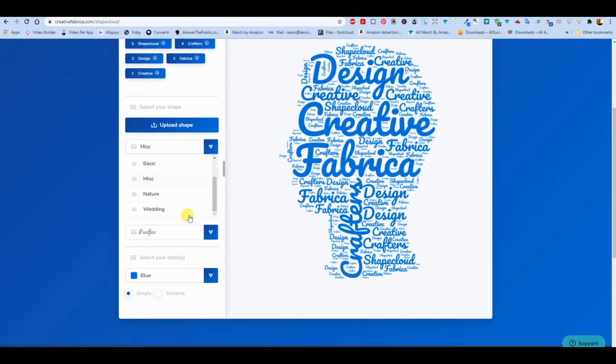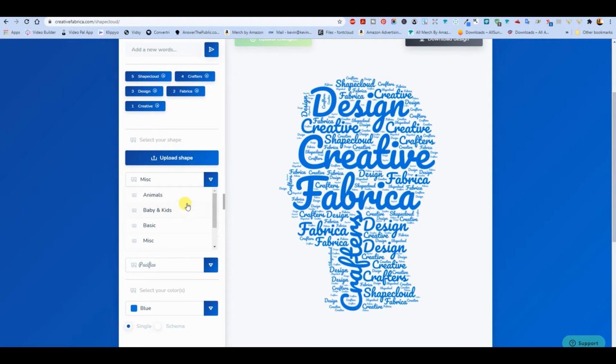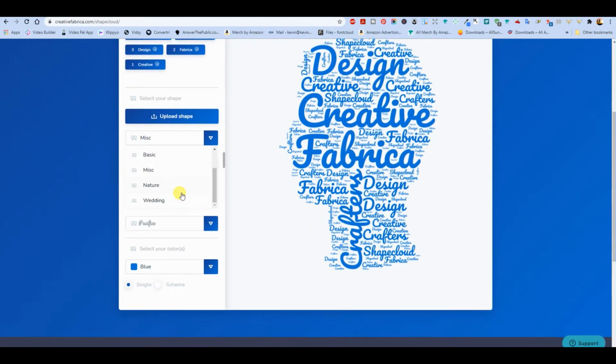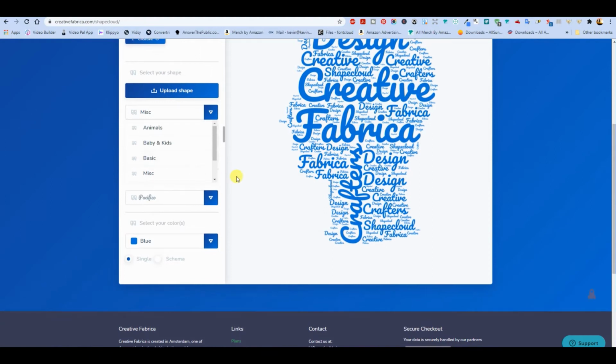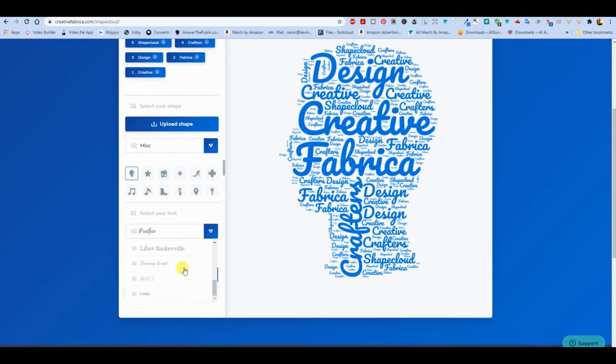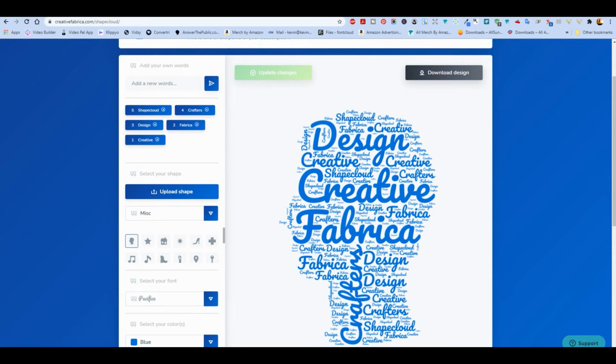Why is that happening? I'm at the bottom. Animals, babies and kids, basic, miscellaneous, nature, and wedding. And then you can choose some fonts down here. I just usually leave it on Pacifico. Okay, so